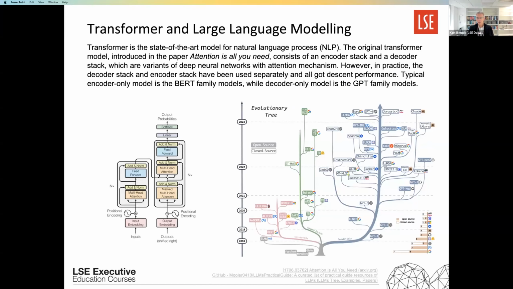I'm not going to go through this except to impress upon you that there are a variety of different families of this type of artificial neural network called transformers. And transformers, you can see on the diagram on the side, consist of a type of encoding and decoding, and different transformers will use either an encoding model or a decoding model or some combination of the two. And if you were to look at this tree and its development, which follows also a timeline, you can see